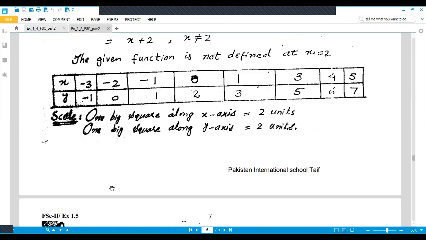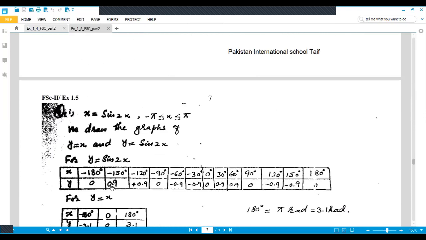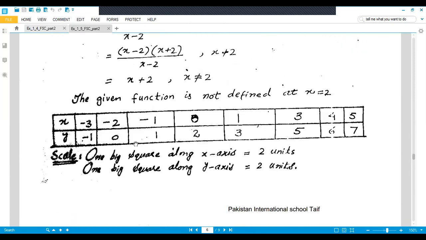So it's very easy. You can easily do it. And similarly, you have to do the third, fourth, and fifth parts. Half of the second part I solved here. You have to draw the graph for this. There is no problem in the graph. You can easily do it. The equivalent table, I already drew here. You just have to draw the graph. And for the third and fourth parts, for the second you have to draw the graph, and for the third and fourth, you do it by yourself in the same way.